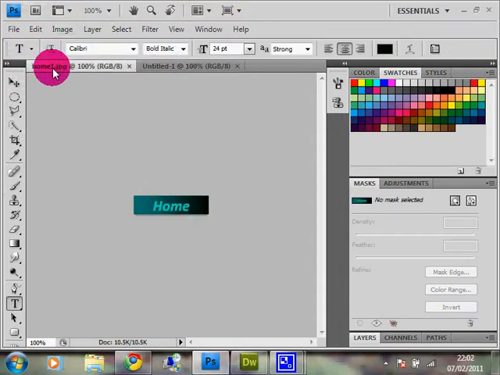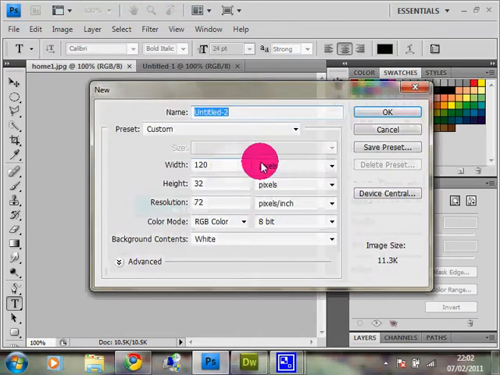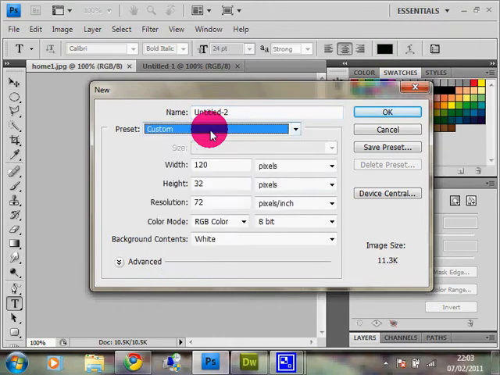You have to create buttons like this one over here, as I have shown on my screen. So we're going to create a new button. Go to File, New, and this kind of dialog box will appear. You can name it anything you want and select Custom from the preset.